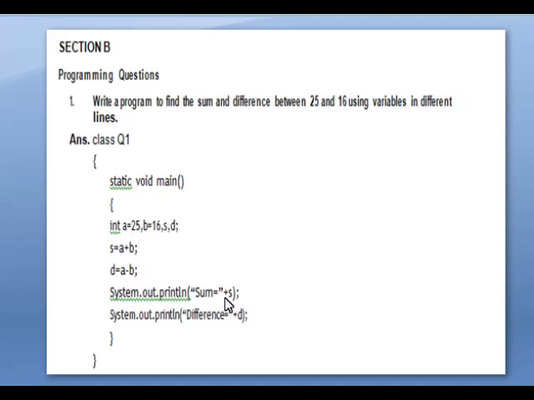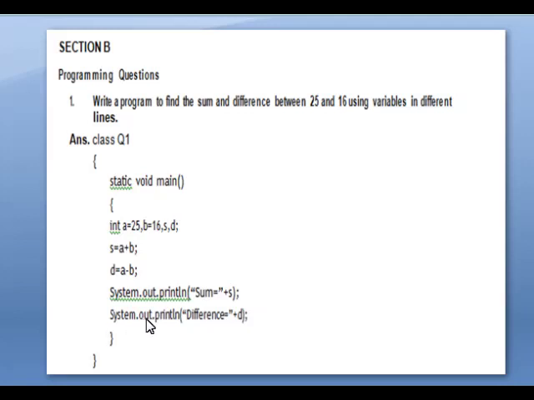If you want to display any value on the screen, you have to use the operator plus. So here we used the variable s, so you have to write here s. If you used capital S here, then you have to use capital S here. Whatever variable you used here, the same variable you have to use till the end of the program.